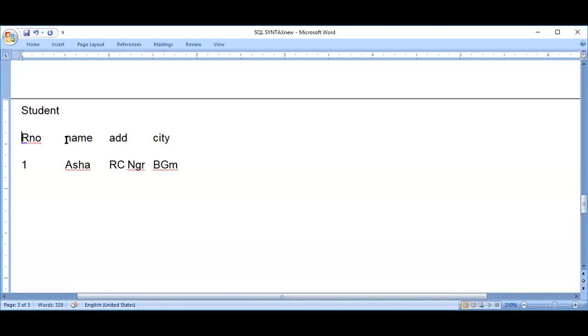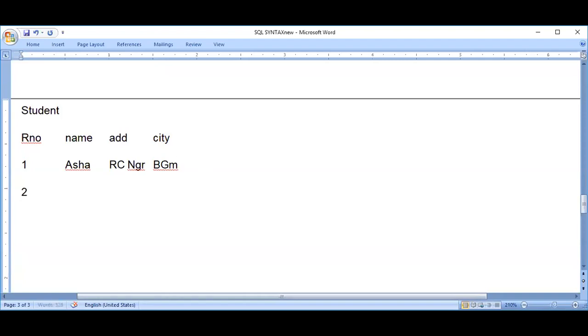Just try to understand my sentence: the name attribute, address attribute and city, these three attributes are said to be functionally dependent on the attribute roll number. What does that mean? That means roll number functionally determines name, address and city.